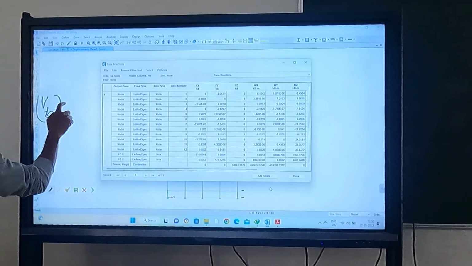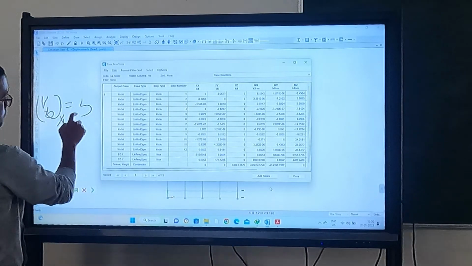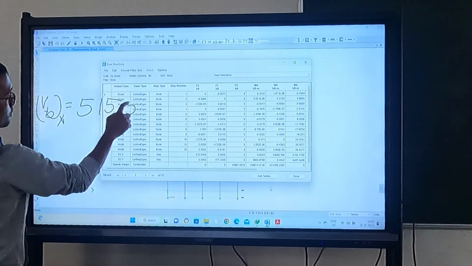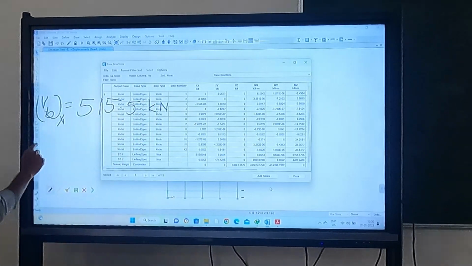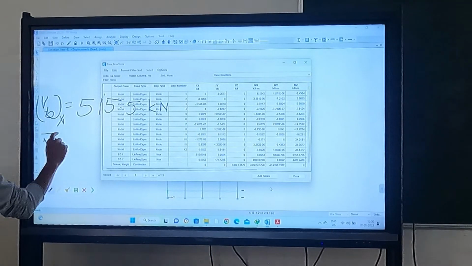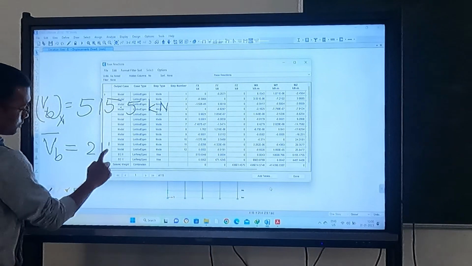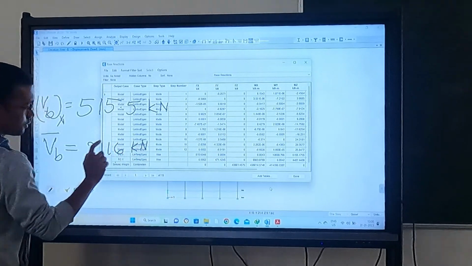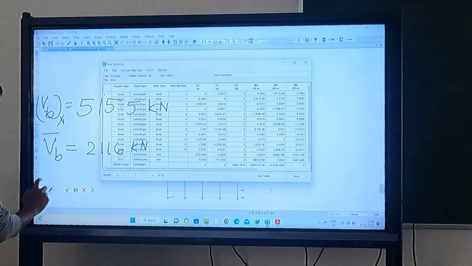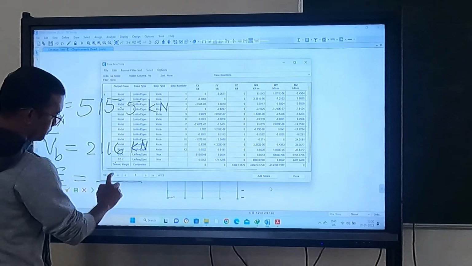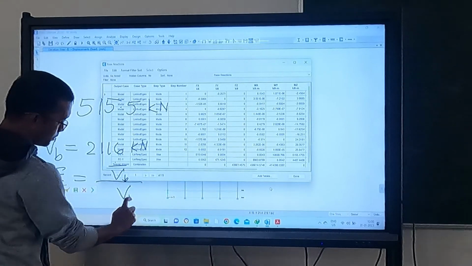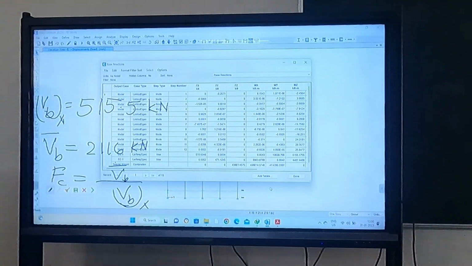Okay, so let us now write these two parameters, how much we are getting. Let's say in x, VBx is equal to 515.5 and VB bar. So this will be same either for x or y because you are considering only one period. Okay, is equal to 2116. Now you have to apply the correction factor. Let's say that is FC, correction factor, is equal to VB bar by VBx. Okay, so you'll get some parameter here.